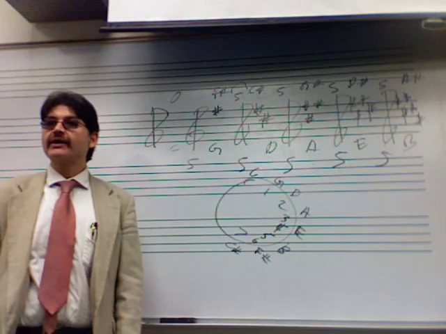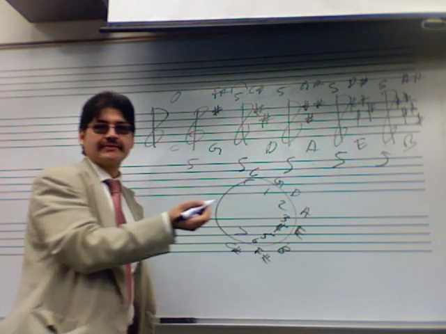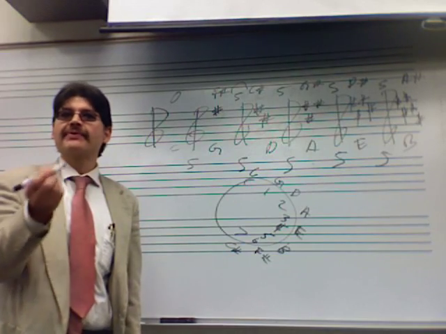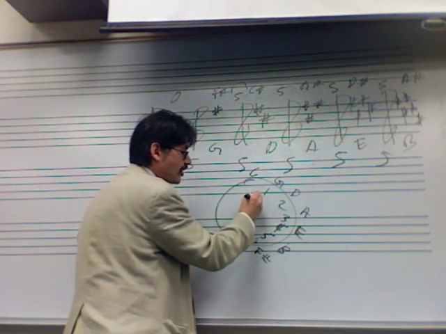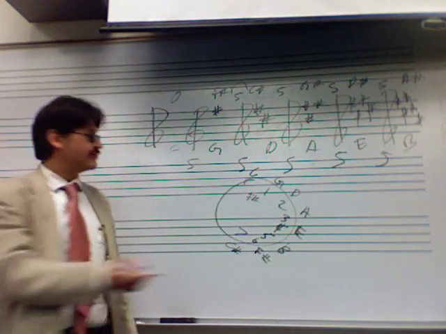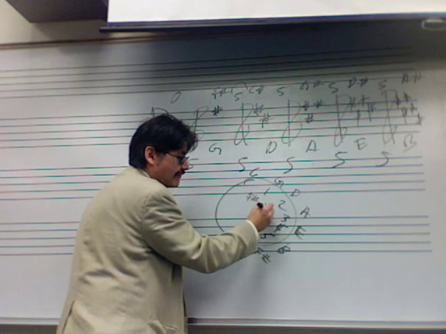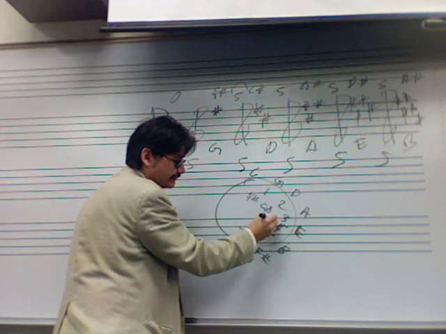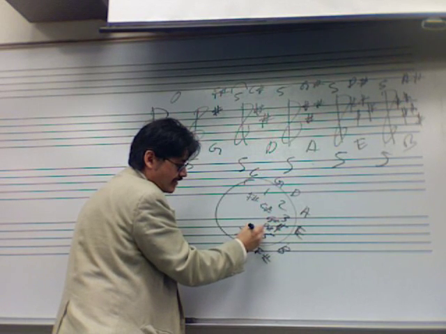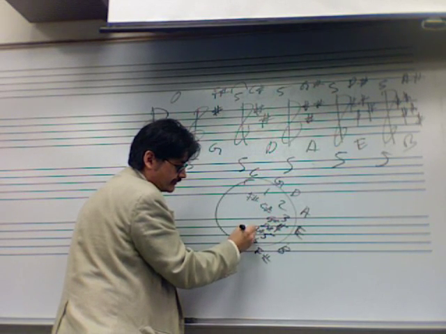I know that the first sharp you add to the key is an F sharp, right? So then I just count out 5 from that point. F sharp, C sharp, G sharp, D sharp, A sharp, E sharp,